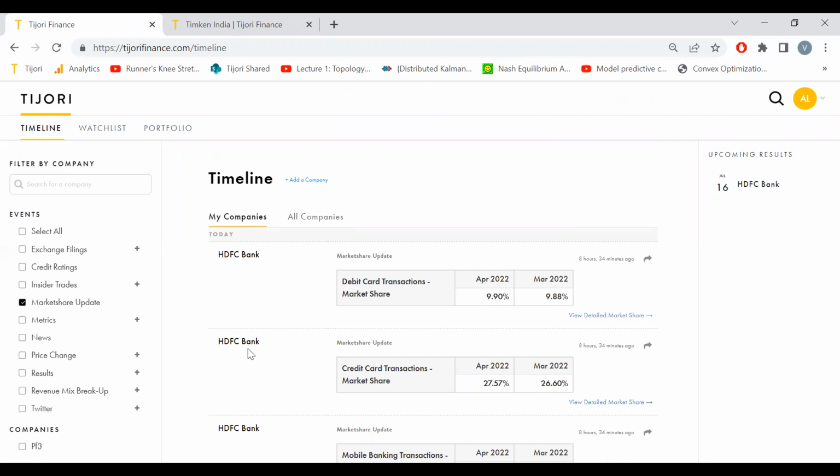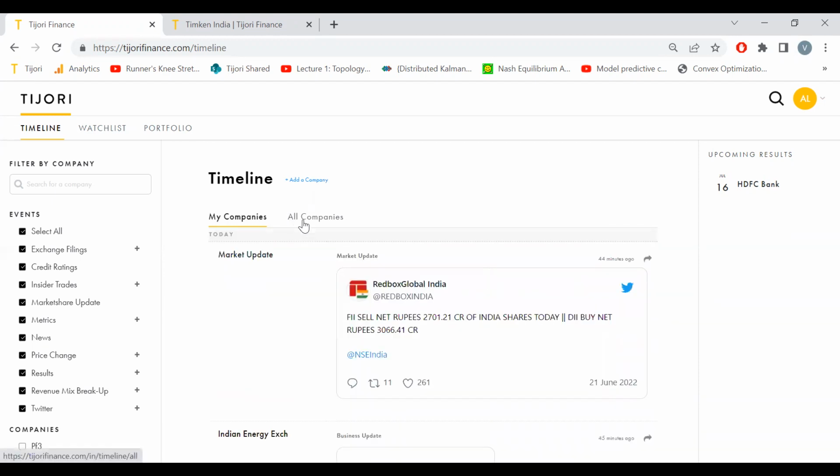So these are just different data points that we stream into your timeline based on companies that are in your watch list and portfolio. So this is like social media plus regulator plus some other sources. So these are all the events that are there: exchange filings, credit ratings, insider trades, market share, price changes, revenue mixes. If a company suddenly releases a new revenue mix, Twitter, all these are there.